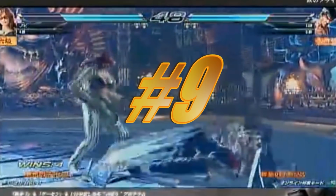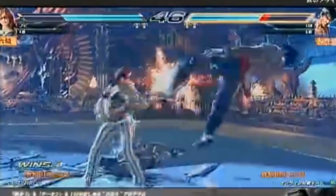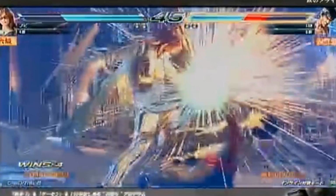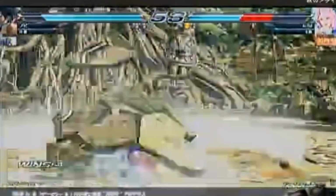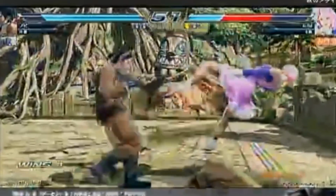Number 9. We're maybe thinking of doing time release characters in Tekken 7. Personally, I love time release. I was so sad that it disappeared. For those of you guys who don't know what time release is, when the game used to come out in arcades before, you would only get a core set of characters, maybe say 16 or something. And then every 2 weeks or something in the arcade,